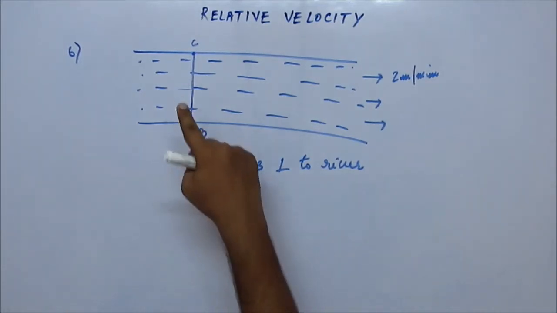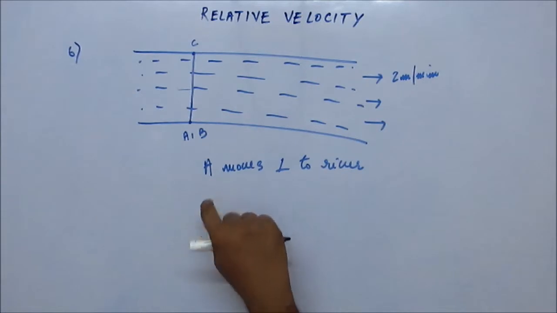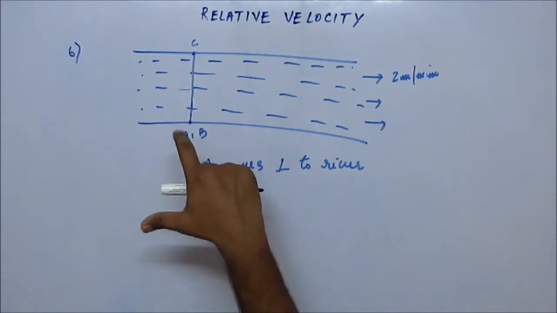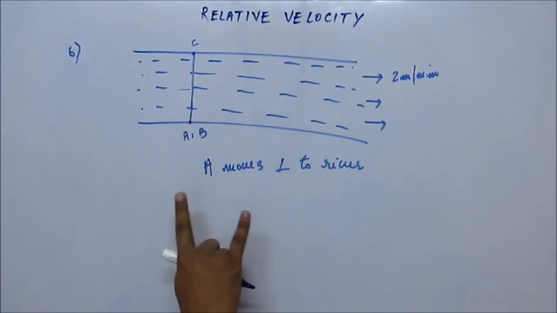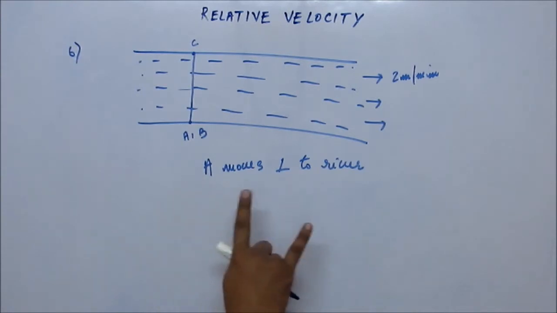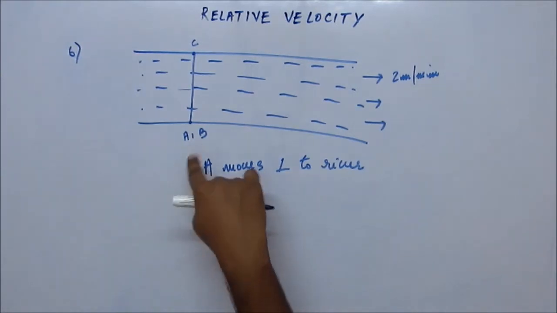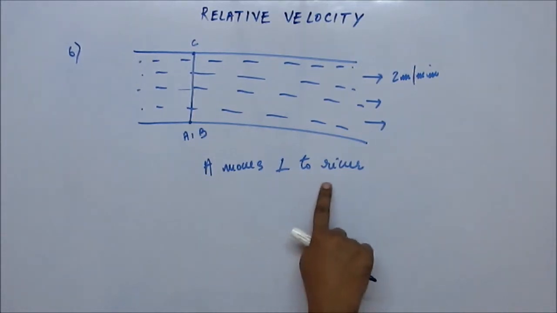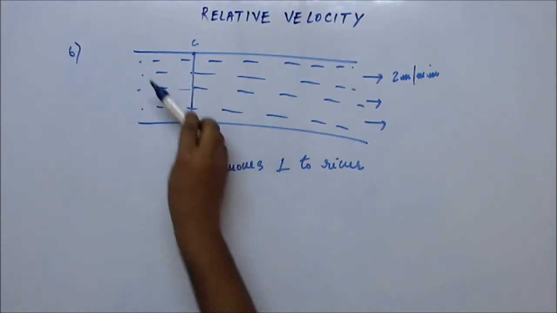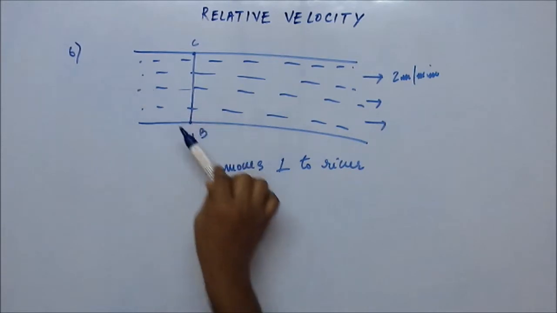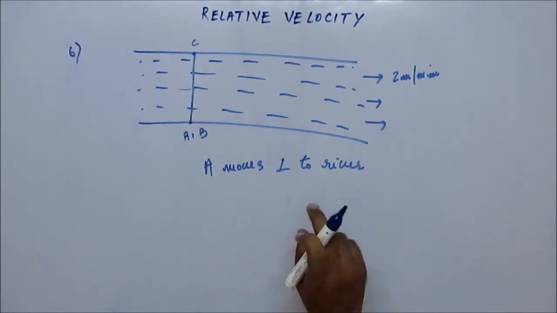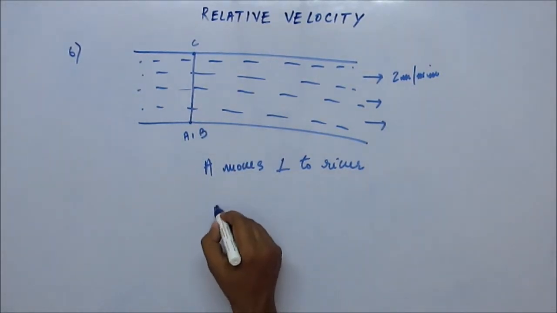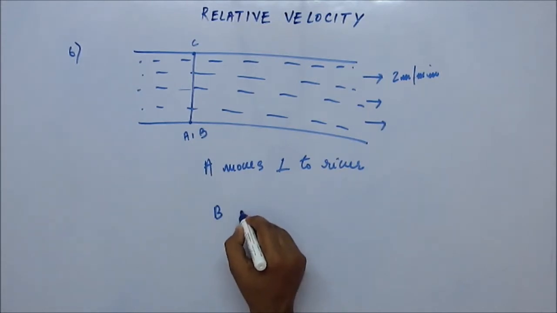If it swims perpendicular, that means its own velocity is perpendicular to the river, and there will be another component due to the drag of the river, so B won't go perpendicular. If A has to move perpendicular to the river, then A has to swim at an angle. We have discussed it. So A actually moves perpendicular to the river, but B